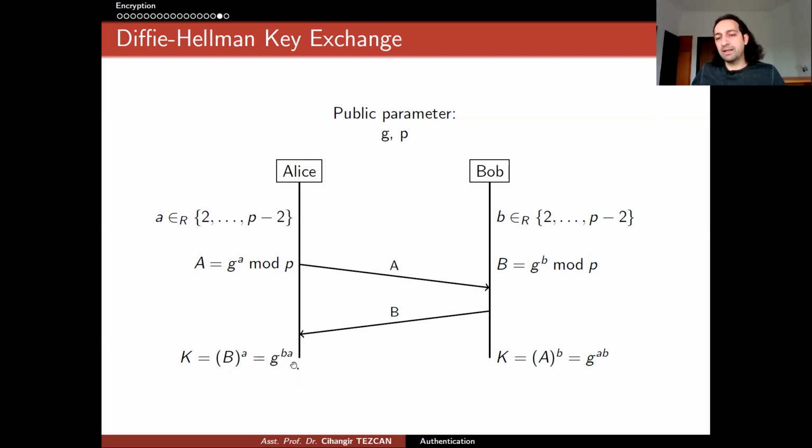So maybe they're like 5,000 bits. We don't care. If we want only a 256-bit key, we can say that, okay, we agreed on a number that we didn't know before, but let's use the leftmost 256 bits for this communication so that we can communicate in a secure way. So this is how Diffie-Hellman Key Exchange works.